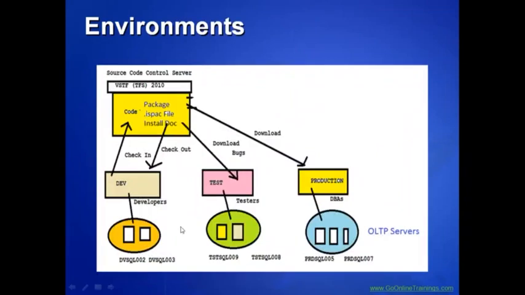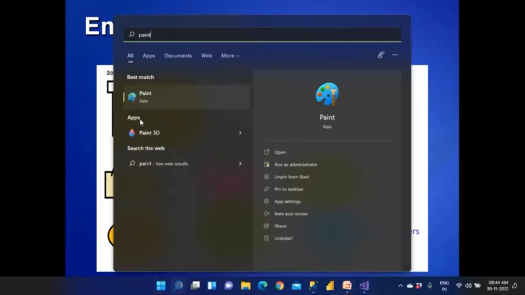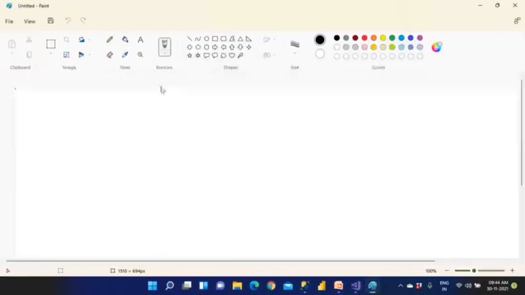As a developer, you are going to be in the development environment, right? After creating your code, maybe Java code, .NET code, what are you going to be uploading? You have to upload an ispac file. What is an ispac file? It is going to contain all the packages inside it, right? That's what I told you. So the ispac file is very, very important. The ispac file will be available in your